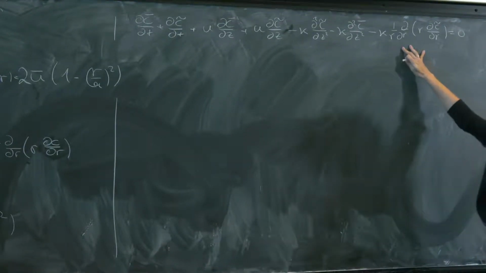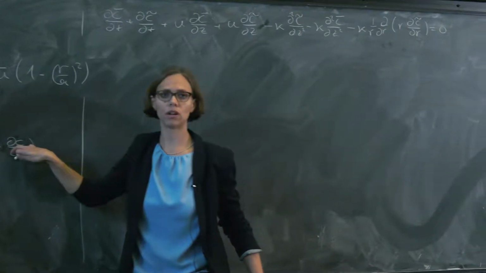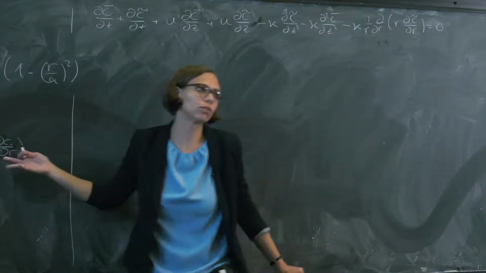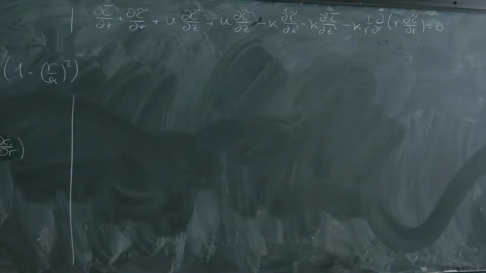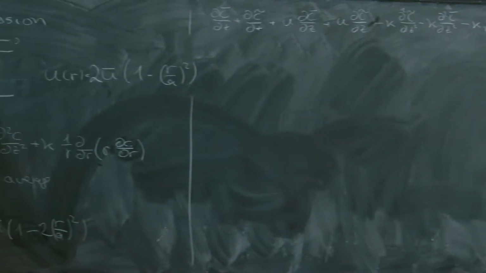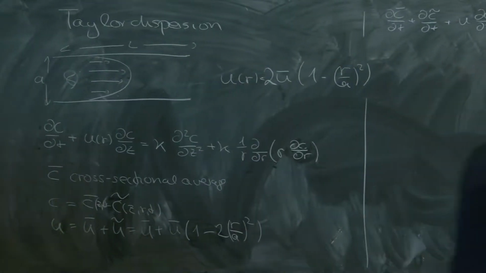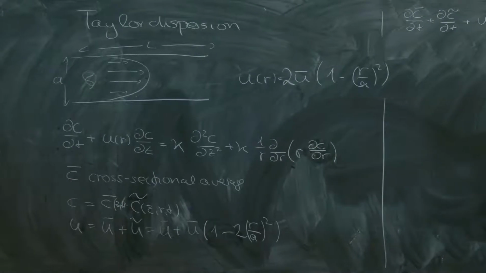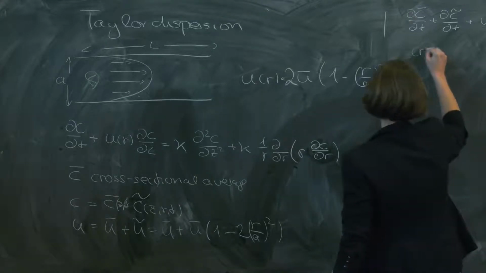And you see that I already saved one term, which is writing down this expression for the cross-section average, because I know that the cross-section average now only depends on z and t, whereas this depends on z, r, and t. So I can get rid of this term. Okay, so now I have this equation written out, and now what I do is I take the cross-section average,